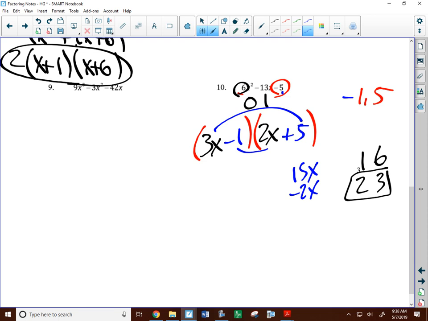Make the 5 negative? Yeah, just switch the signs. So let's change that one to positive and this one to negative. 3x times negative 5 is now negative 15x, and 1 times 2 is positive 2x. And now that gets me to negative 13x. So there we go, 3x plus 1, 2x minus